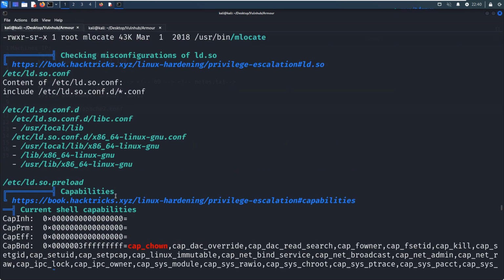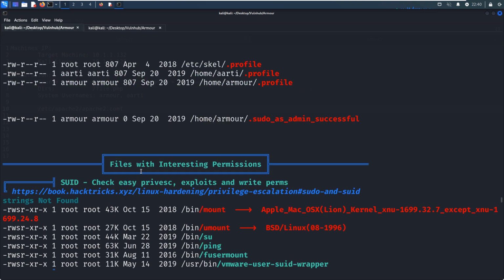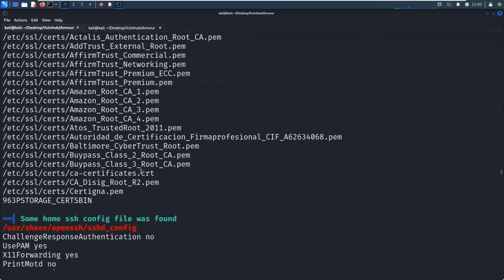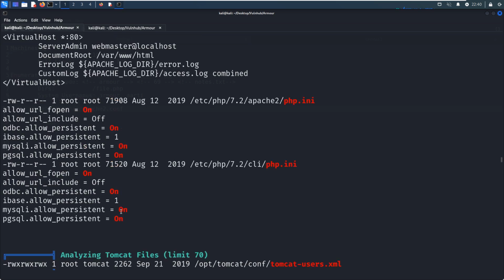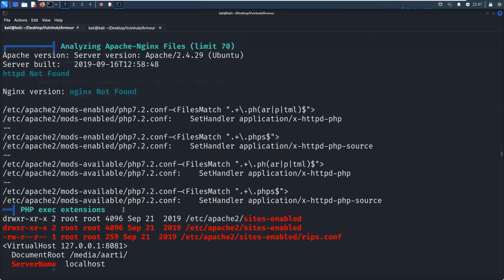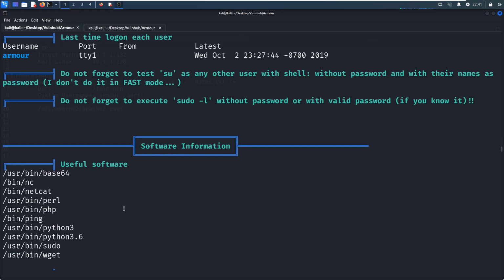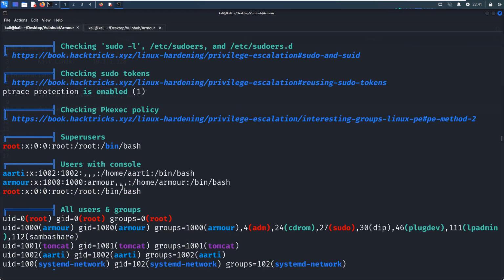The capabilities with binaries, SUID, nothing exciting here. Tomcat. User information.